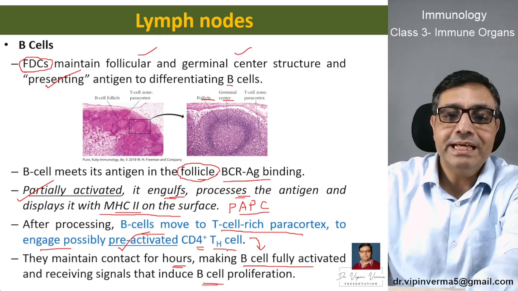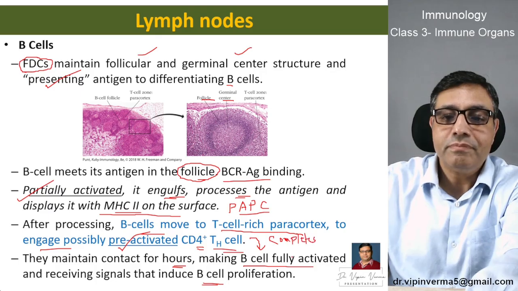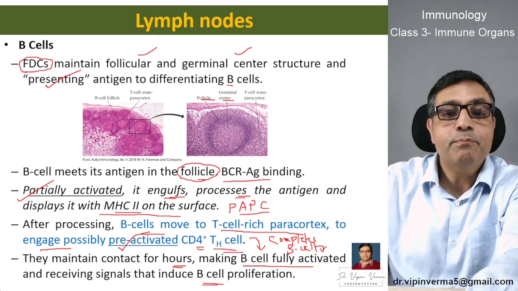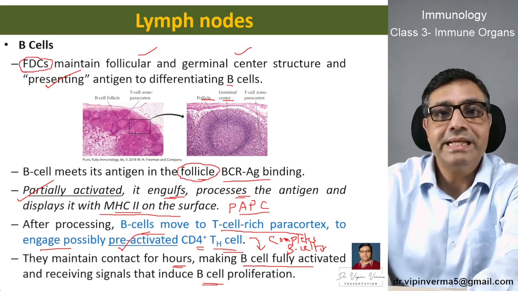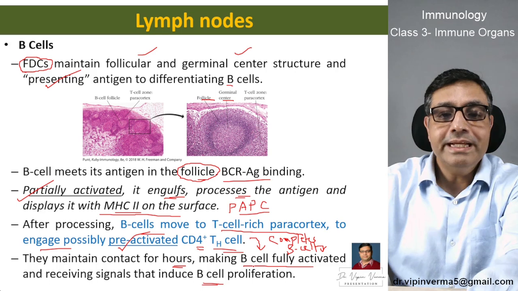So the function of the T helper cell is to complete the activation of the B cell. So it completes B cell activation. The second thing is that these cells help B cell proliferation, because now the cell is completely activated, so they induce B